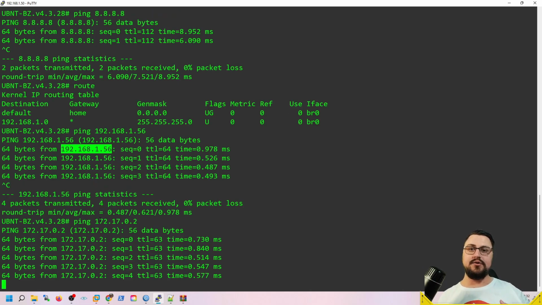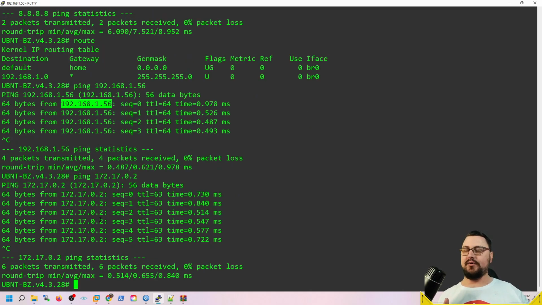That means we should be able to adopt this access point. So to do this, we're just going to do the set inform. Now I'll make a different video where you can actually use DHCP on your MikroTik with DHCP options to basically inject the setting into the client so that you don't need to manually add it all the time this way. But for this demonstration, just to show you that it actually works, we'll just do a set inform, basic static